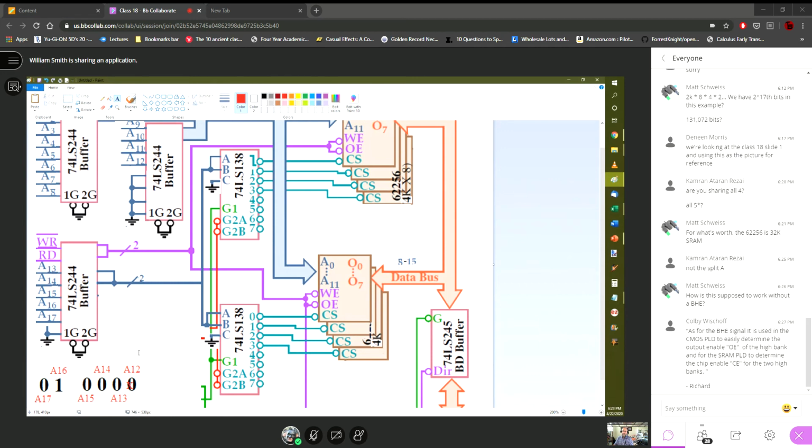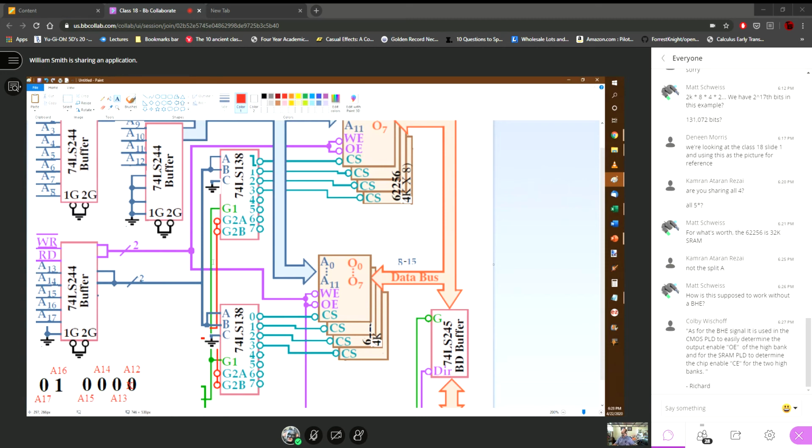Okay? BHE signal is used. So what happens is ultimately BHE is going to go down here and BLE is going to go up here as one of your control signals, one of your valid signals. Okay? So